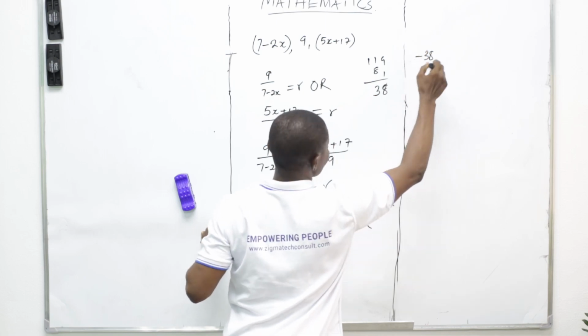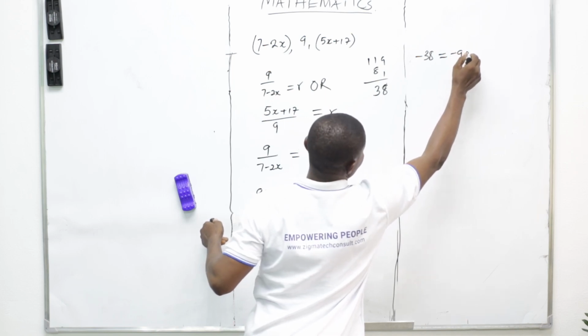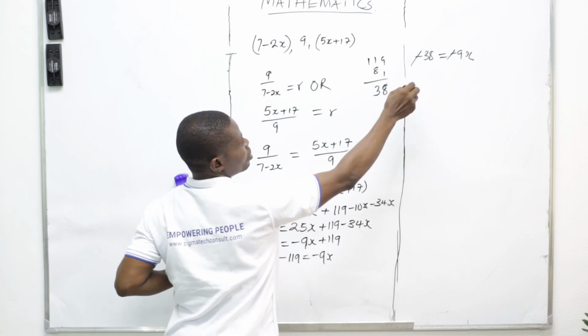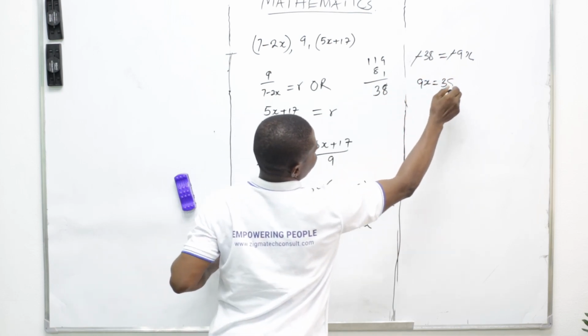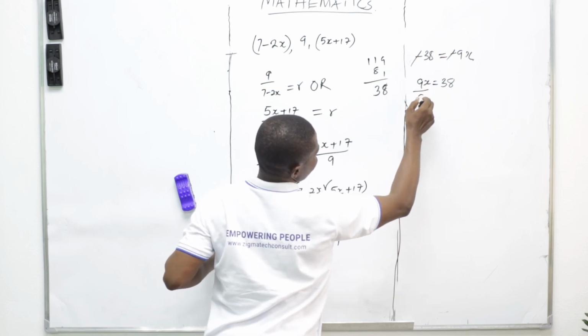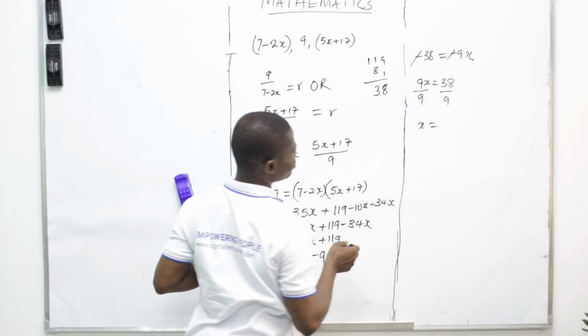So minus 38 equals minus 9x. You can see minus will take care of minus, so that 9x equals 38. Divide through by 9, x equals